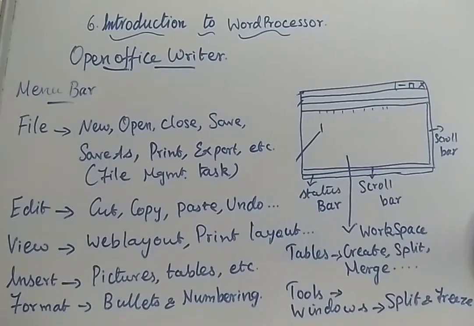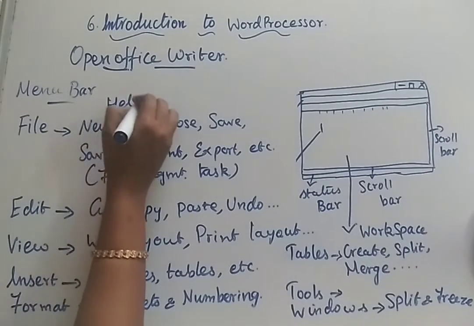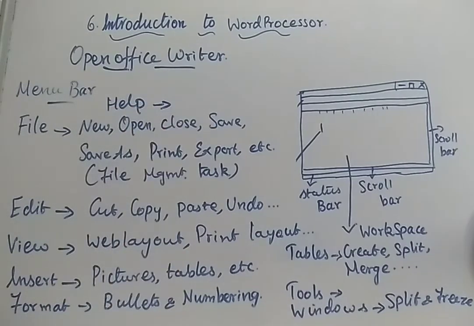And next you are going to have another one, your help. Help, by the name itself. Whatever help you need while proceeding with OpenOffice Writer will be displayed here for you just by clicking this menu. Just by clicking the help menu, whatever help you need at the current time, everything will be displayed. Similarly, it will have a list of documents under help also, and you can click whichever you need.